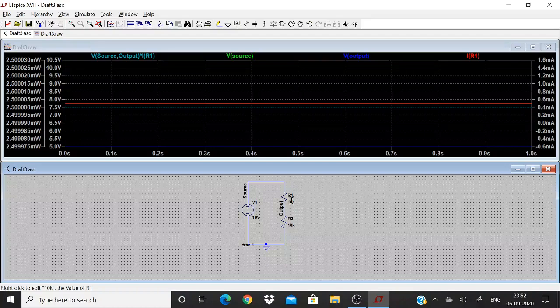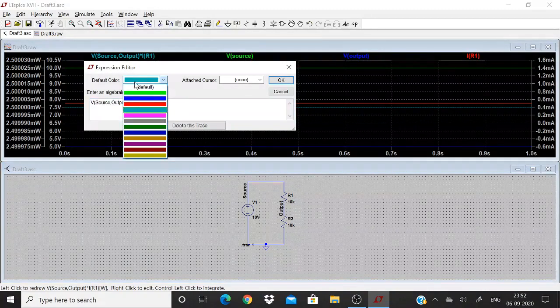You have to just press the Alt key, then the mercury thermometer icon will come. You have to click it on the particular component. This may appear useless to you because it is very easy to find the voltage across a device and the current through the component. But it may not be that easy in the case of a component like an op-amp or a complicated manufactured IC. So this is a very useful tool.